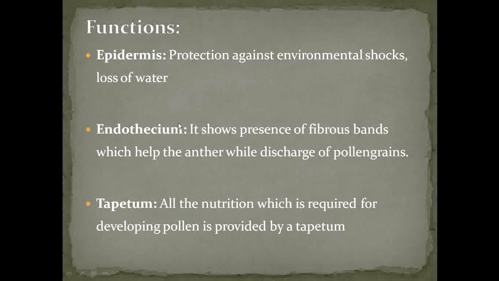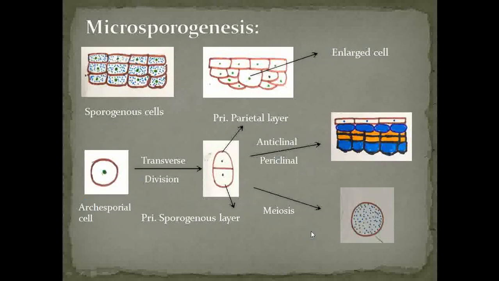The next layer, the endothecium, as it shows fibrous bands, helps in the discharge of the pollen grains by bursting the anther wall. Then the next layer, the tapetum, as it contains nutrients, helps to provide nutrients to the developing pollen grains. So let's see what is